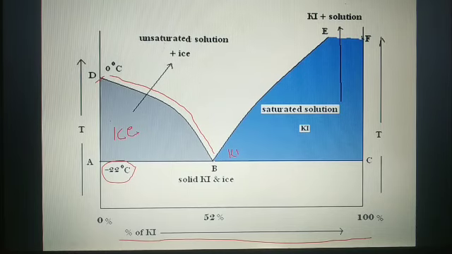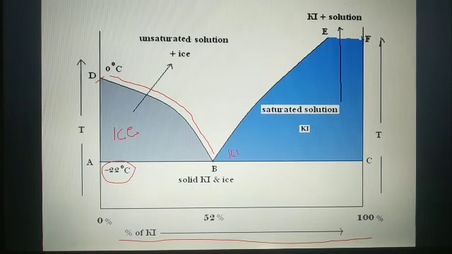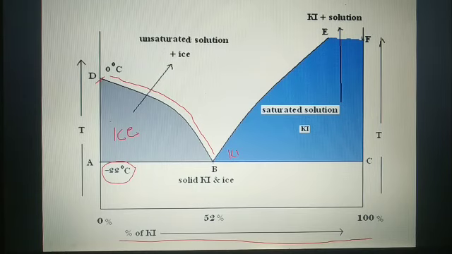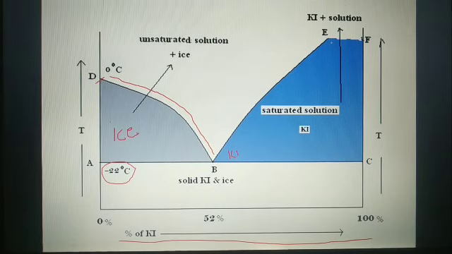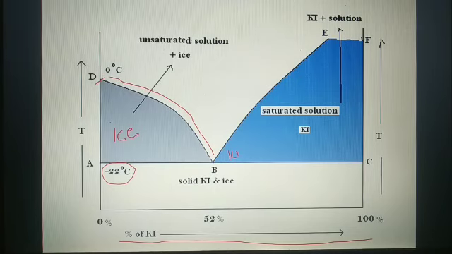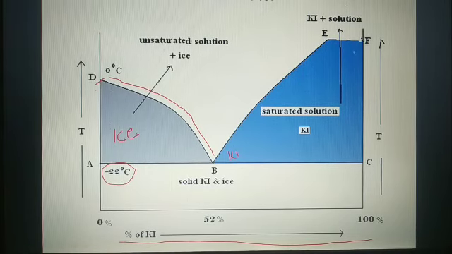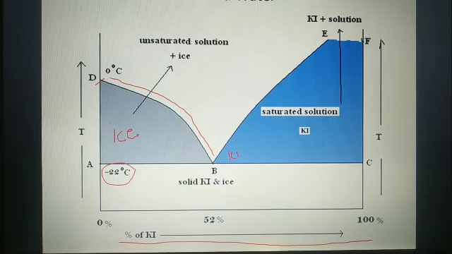What is this composition? This composition contains 52% potassium iodide and 48% water. So that composition is having the freezing point minus 22 degrees Celsius. Then there is a steep rise in the curve here from this point to that point. So what we will say here, potassium iodide dissolves very little now in the solution. As you keep adding potassium iodide, the separation of KI will continue. Up to where will this graph lead? This graph will lead up to the melting point of potassium iodide.